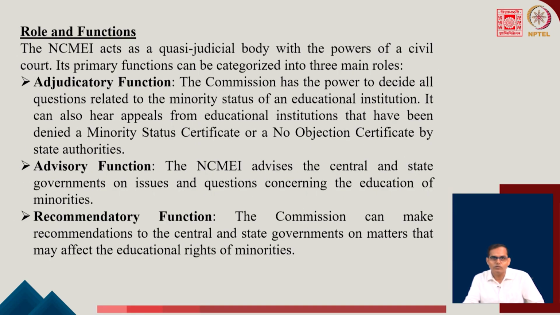Now, let us discuss the role and function of the Commission. The National Commission for Minority Educational Institutions acts as a quasi-judicial body with the powers of a civil court. Its primary functions can be categorized into three main roles. Adjudicatory function: the Commission has the power to decide all questions related to the minority status of an educational institution. It can also hear appeals from educational institutions that have been denied a minority status certificate or a no objection